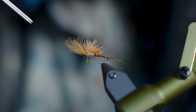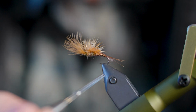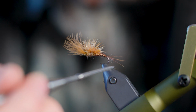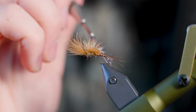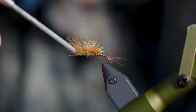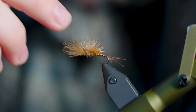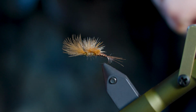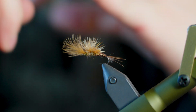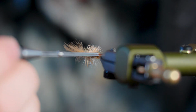Looking closely at this one, it uses what they call a Sedge hook from Ahrex, so it's kind of got a curved profile. You got a little shuck back here of EP fibers, and then pheasant tail, CDC, really great material, a lot of movement, works really great for hanging emergers like this. And then this is a technique called hackle stacking, and it allows for a really low riding